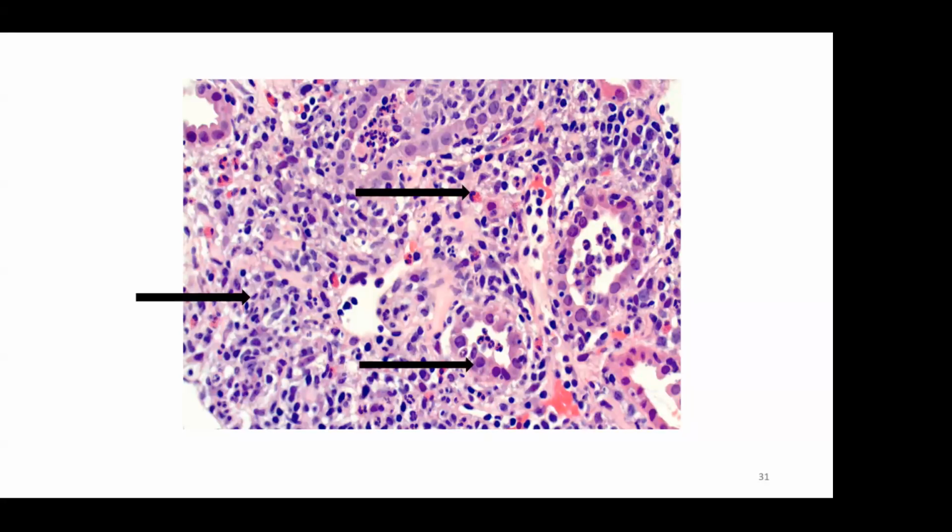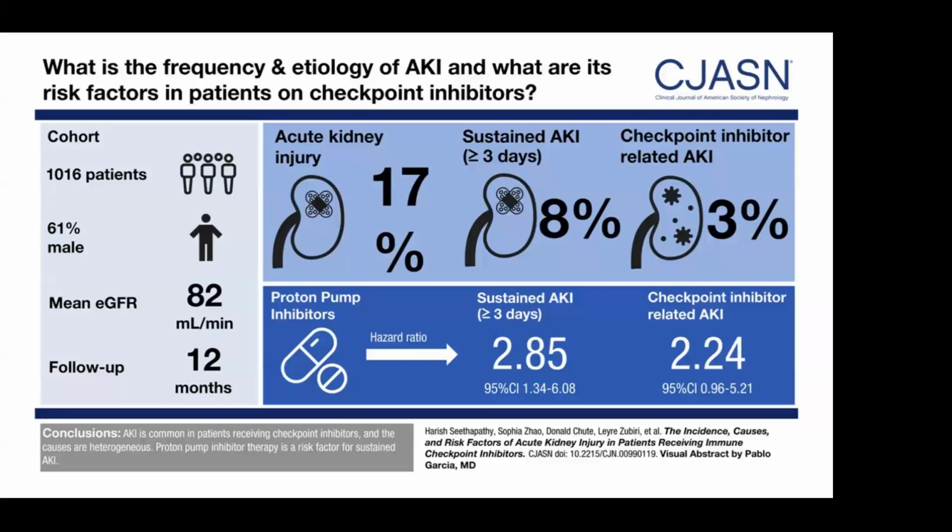So this is probably an idiosyncratic or an allergic reaction which is happening in these patients who are treated with immune checkpoint inhibitors. And this is being increasingly recognized now. So this is a nice study which was performed at the Mass General Brigham by Harish, where he looked at their database and noted that among patients who developed AKI from immune checkpoint inhibitors, 61% were males. And when they dug into the risk factors for patients who develop acute kidney injury because of this particular drug, they saw that the patient concomitantly being on a proton pump inhibitor increased the odds of AKI to around 2.85,